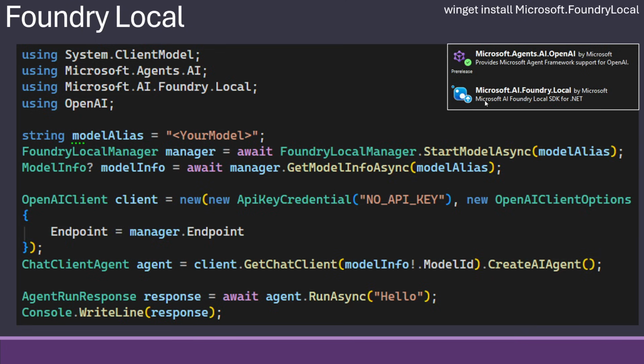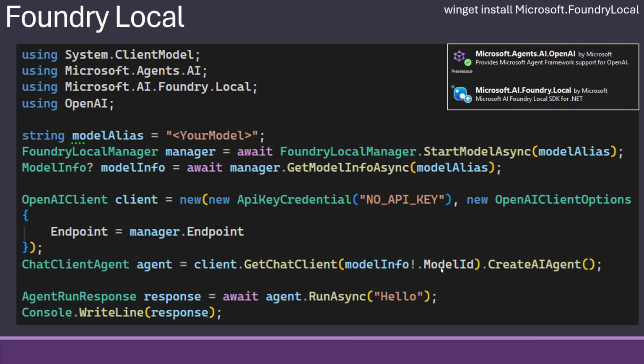Then you use a package directly for that, Microsoft.AI.Foundry.Local, and you use OpenAI because behind the scenes it's running OpenAI. You then choose your model and you start your model, which will download it if it's not already downloaded.